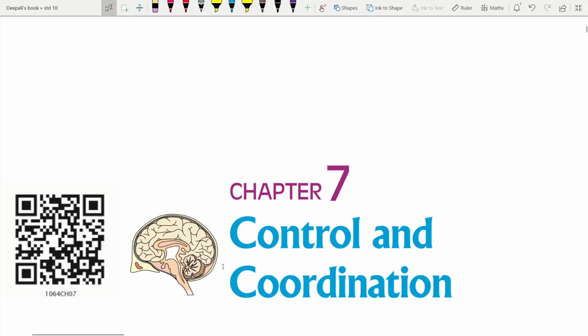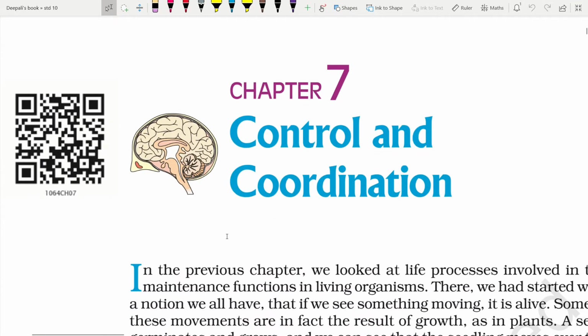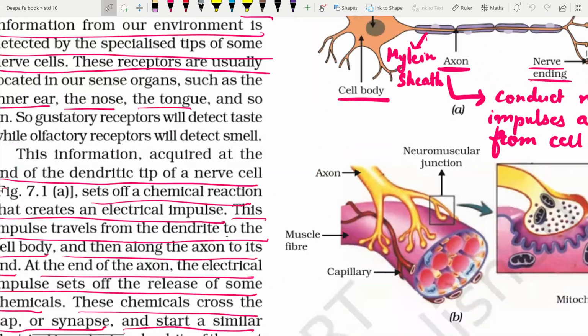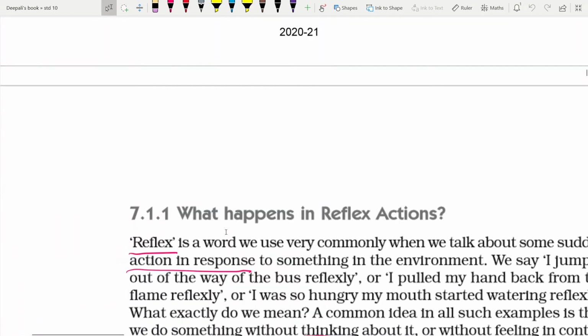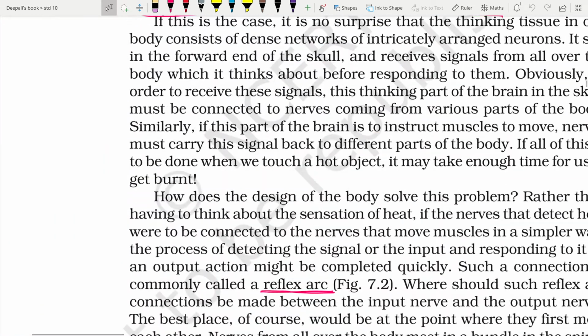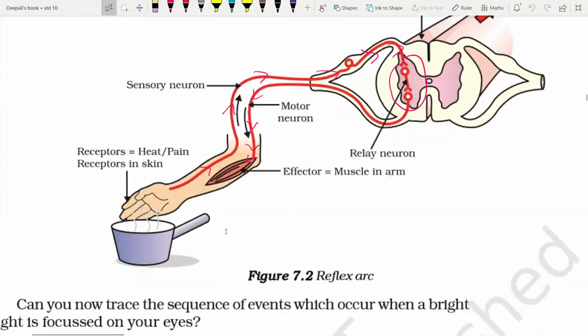E-Biology class, Fatima Convent High School, myself Dipali, Chapter 7, Control and Coordination, Class 10. Now let us study the human brain today, which is the most important organ of the human body and